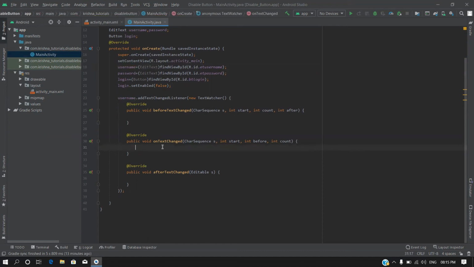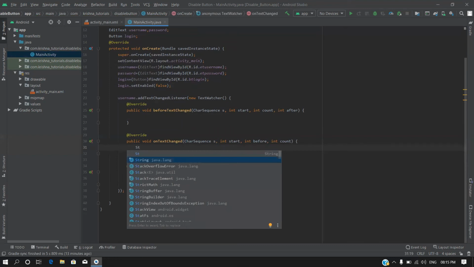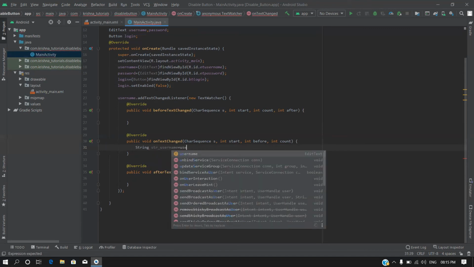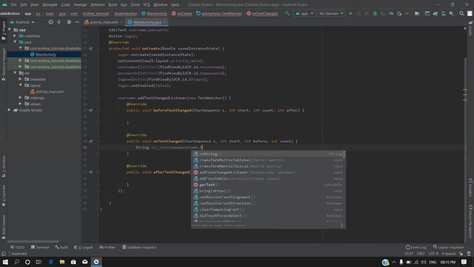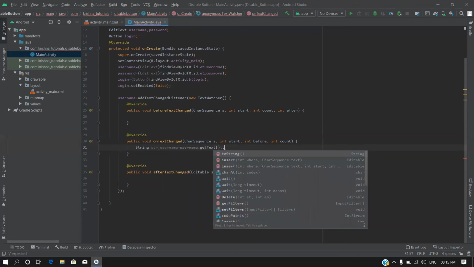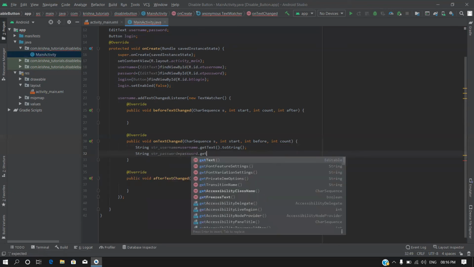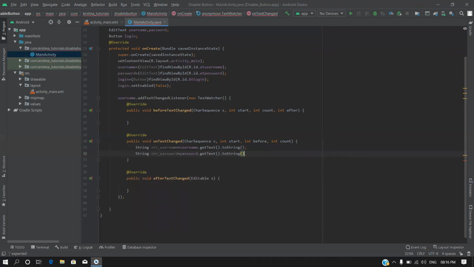So on text changed, I'm going to convert this edit text into a string, username, from username get text, converting it to string. In the same way, I'm going to declare a variable str password and convert that edit text password into a string.